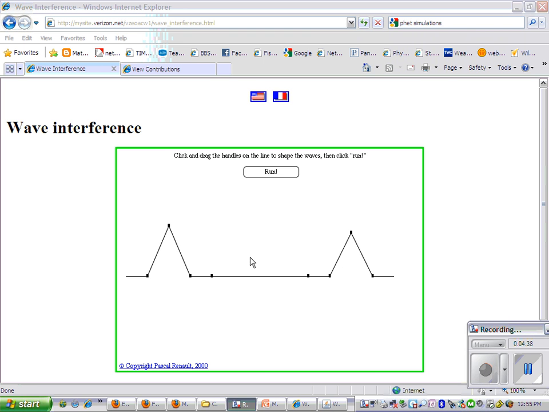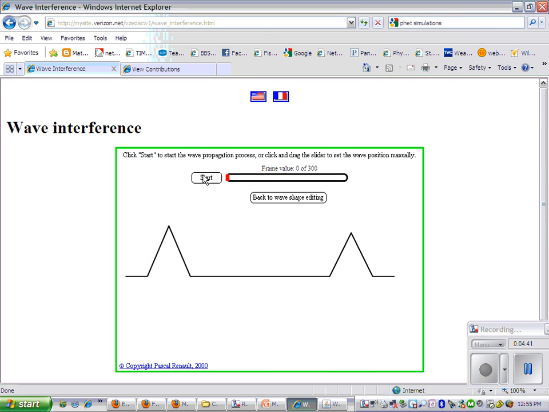Alright, so I'm going to send these two waves towards each other, and we're going to see what kind of interference occurs. They start and they come at each other, and we see this constructive interference. It goes up and over. And let's go ahead and try it in reverse, where we do